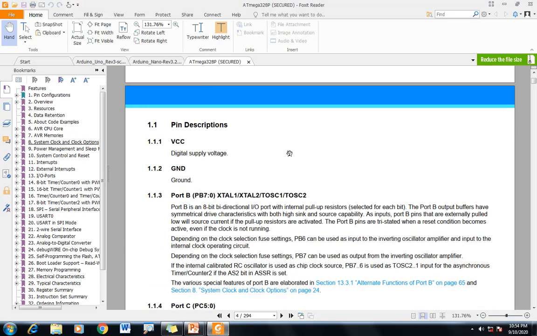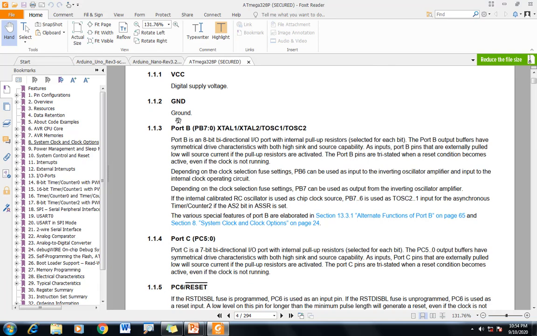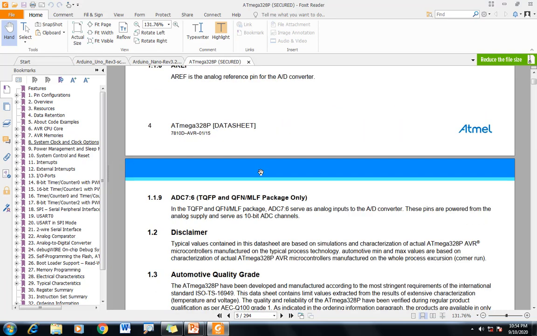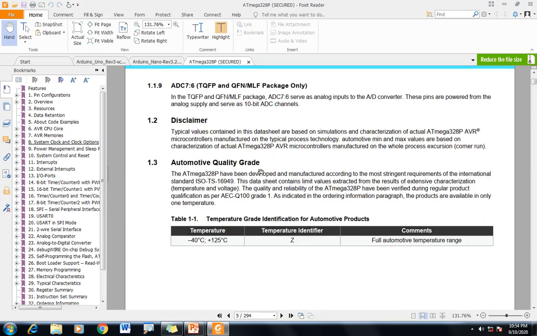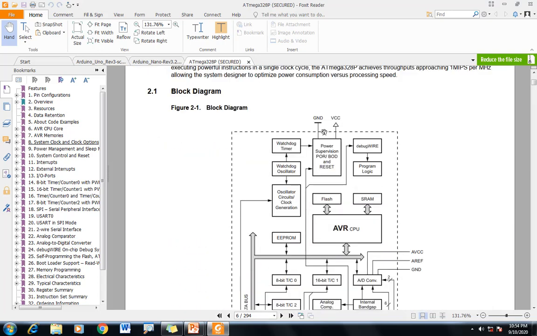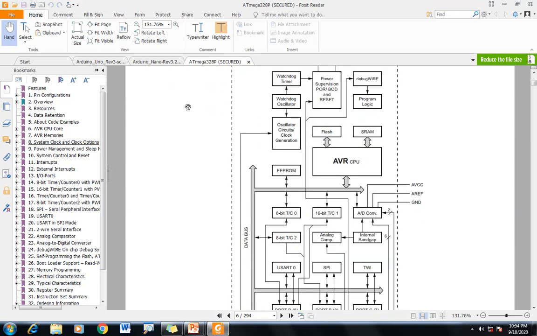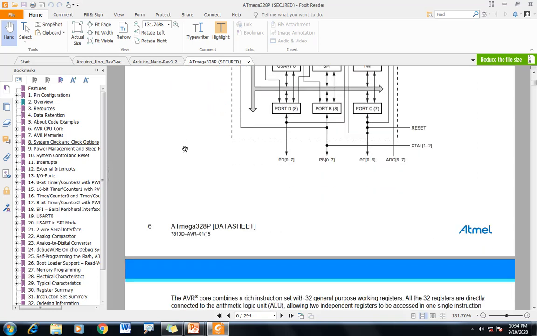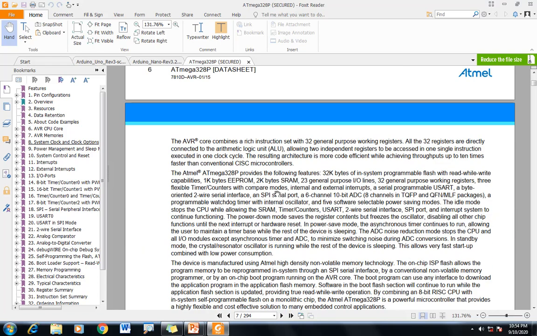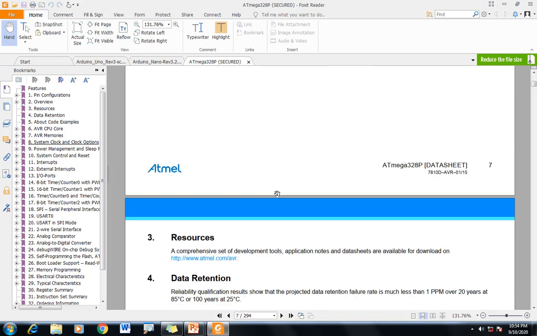Then the pin descriptions, which pin works for what. If you are writing your own handwritten code, then you have to understand the architecture. This provides each and every piece of information on your chip.